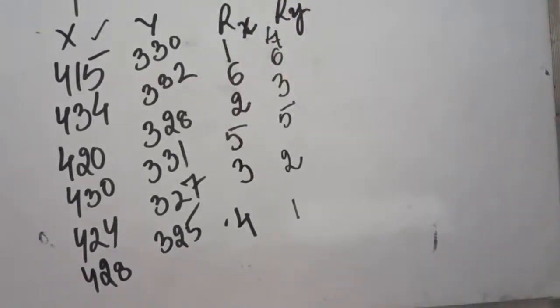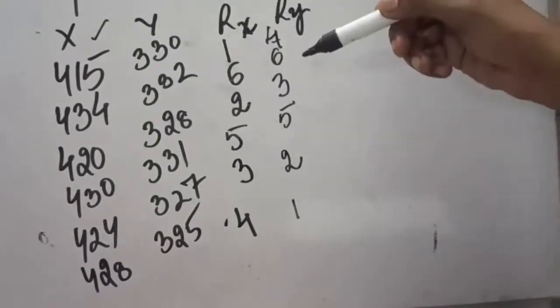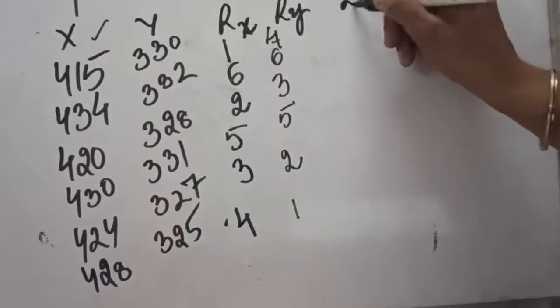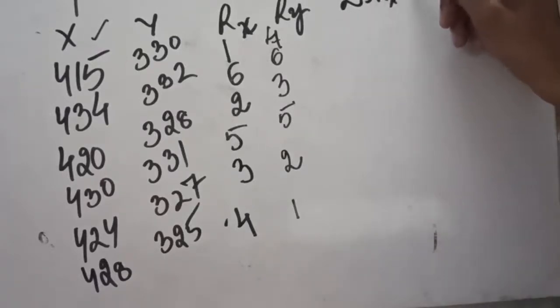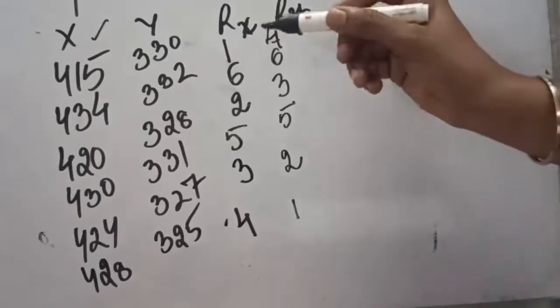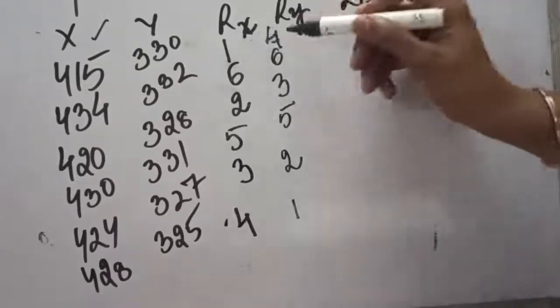So we have assigned them ranks. Now you will observe in certain questions that these ranks are already given. So you can start from the next step. If ranks are not given, first give them ranks. If ranks are given, you can start with the next step. Next is calculation of D. D stands for difference. That is the difference of rank of X and rank of Y. It is nothing but the difference between these two.